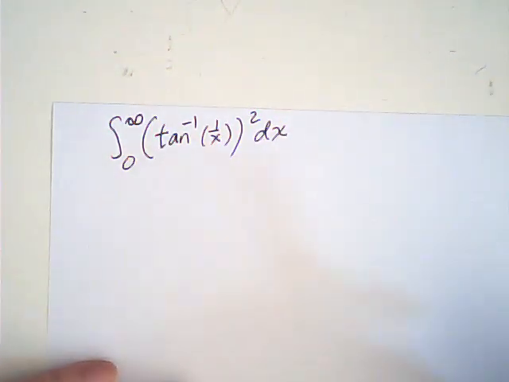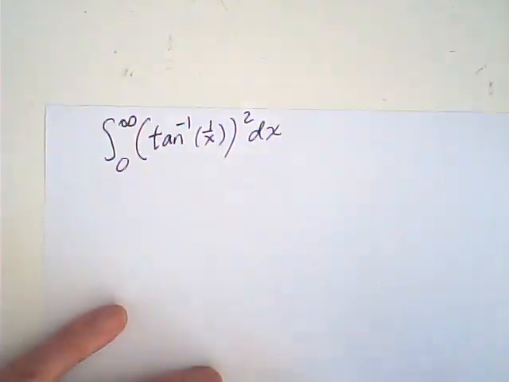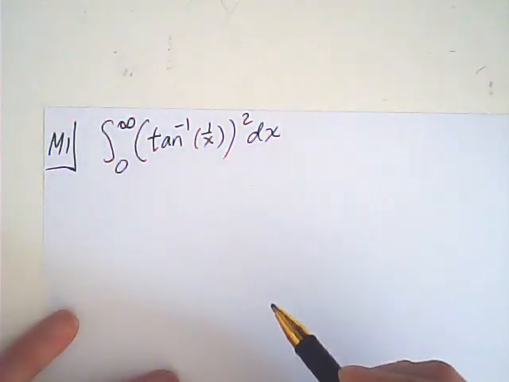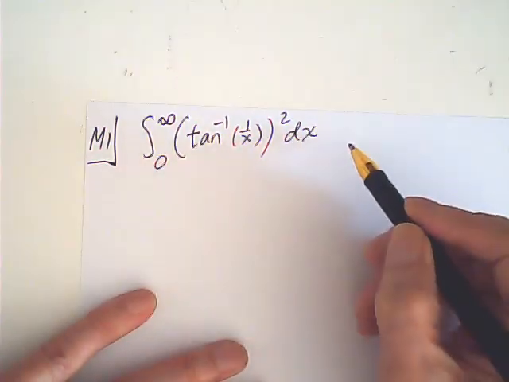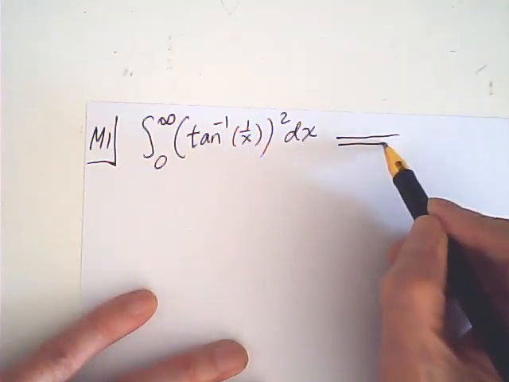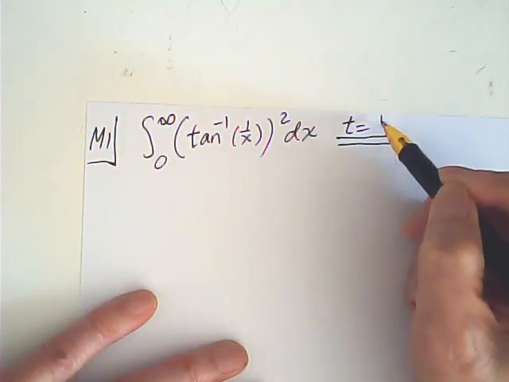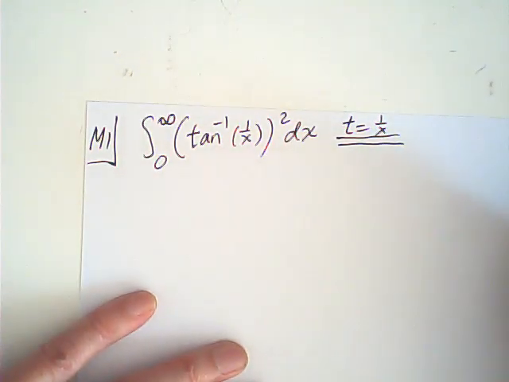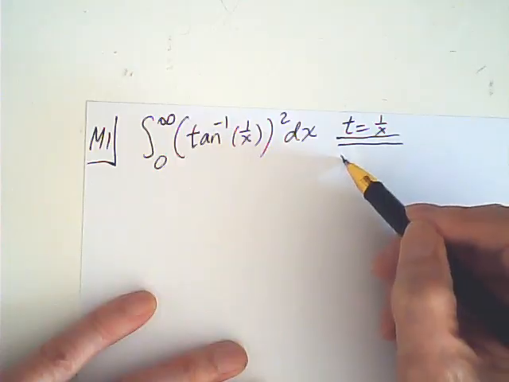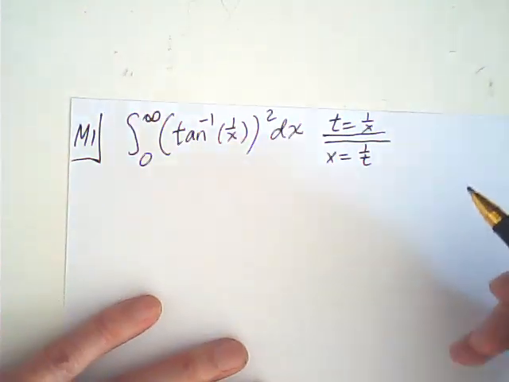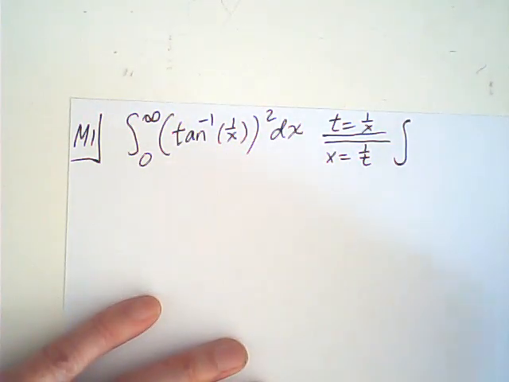Let me do this integral by two methods. Method one, start with substitution. I let t be 1 over x, which is the same thing as x is equal to 1 over t. Then my integral becomes